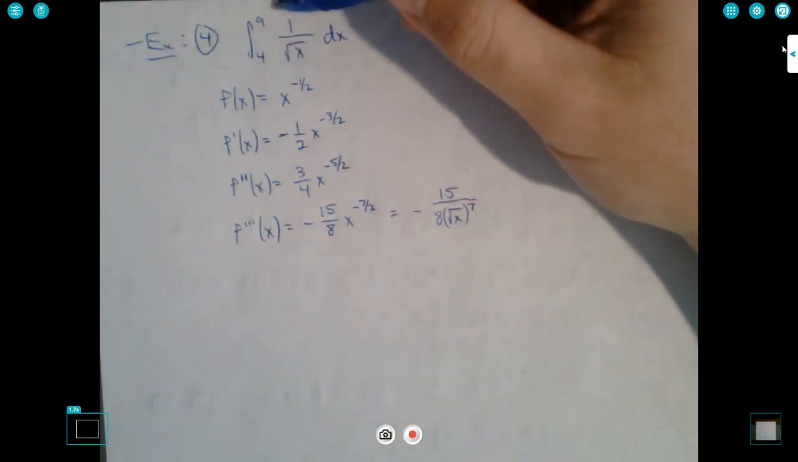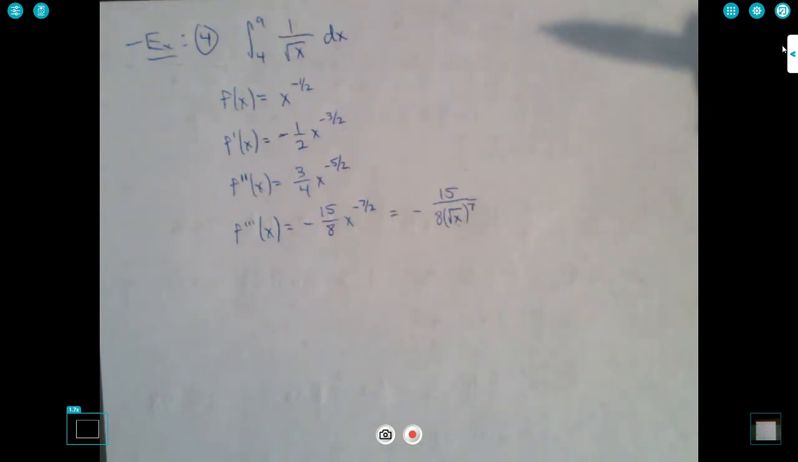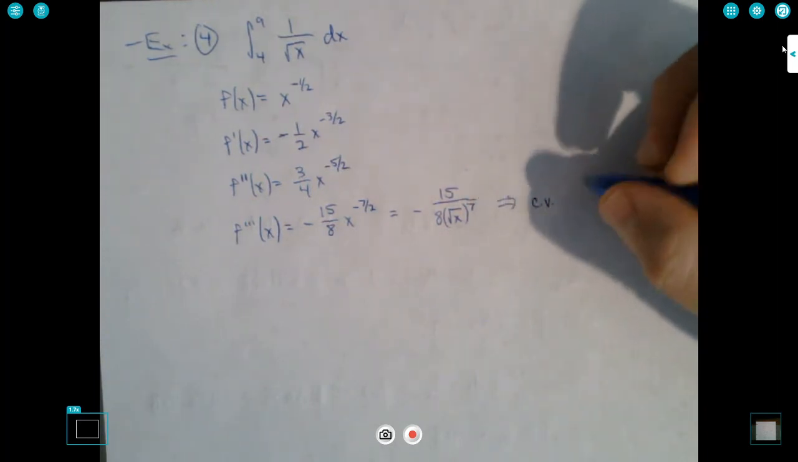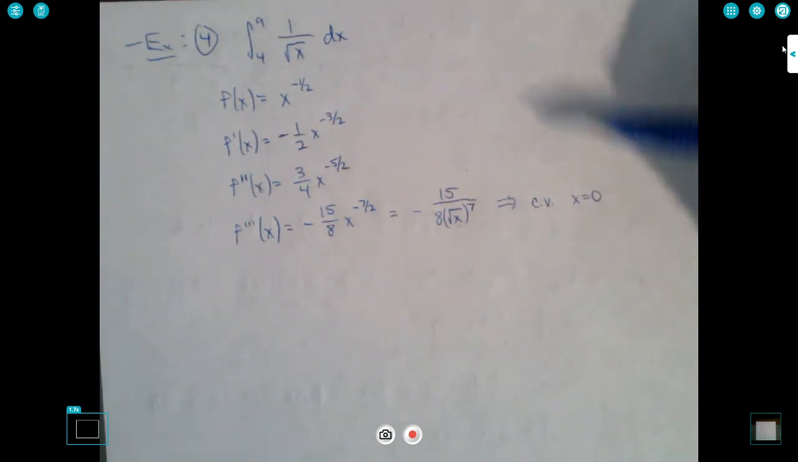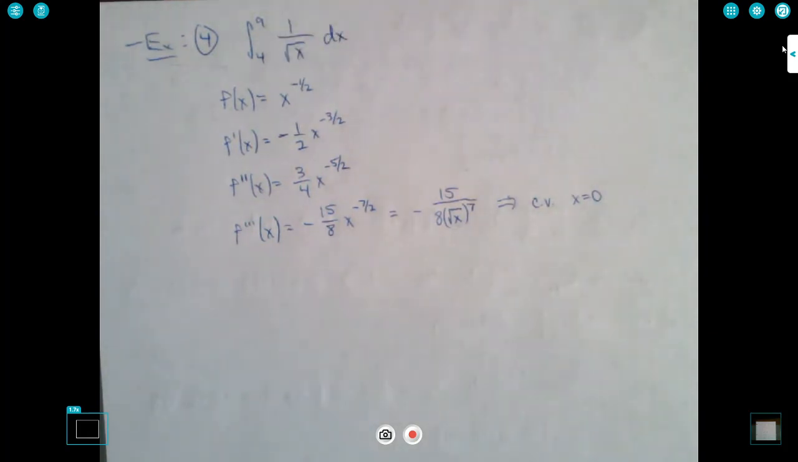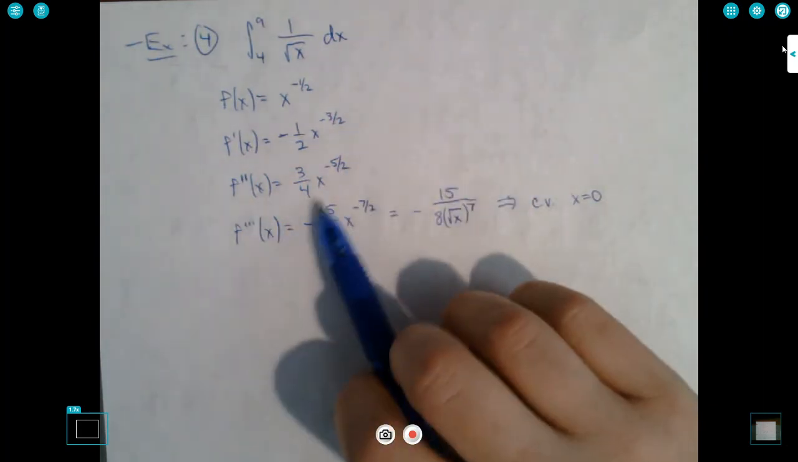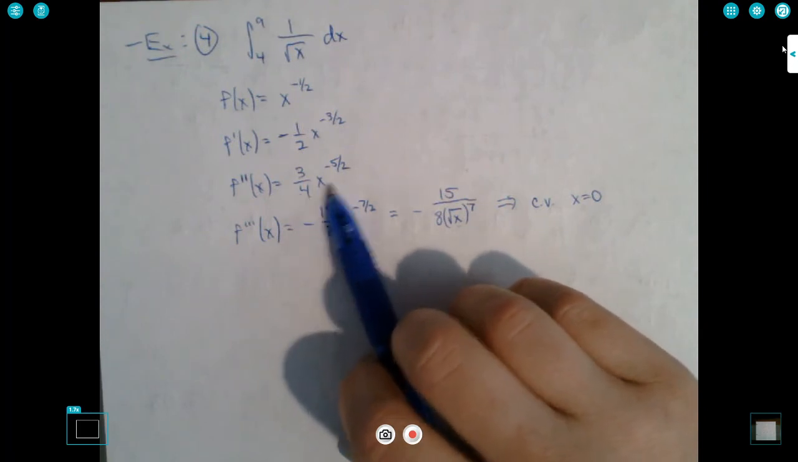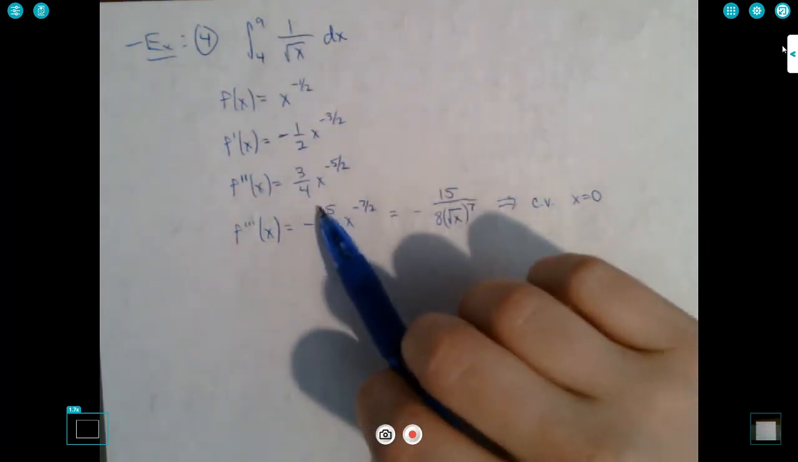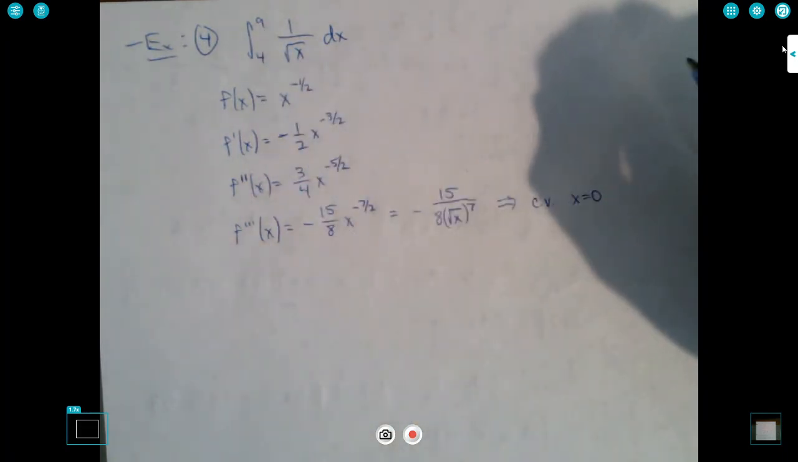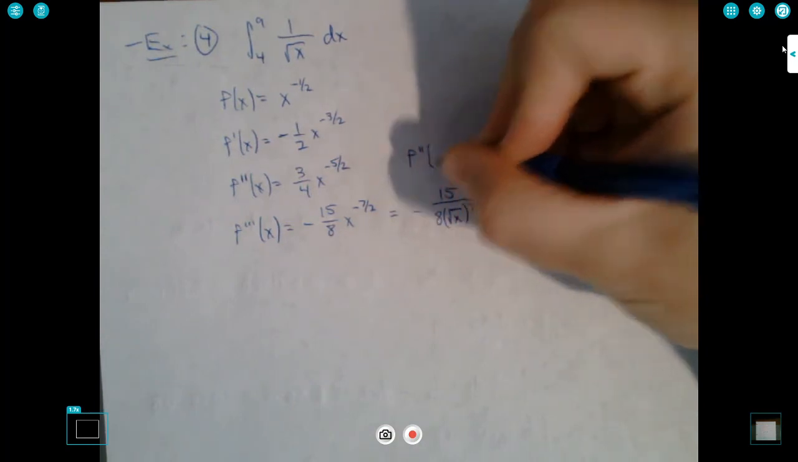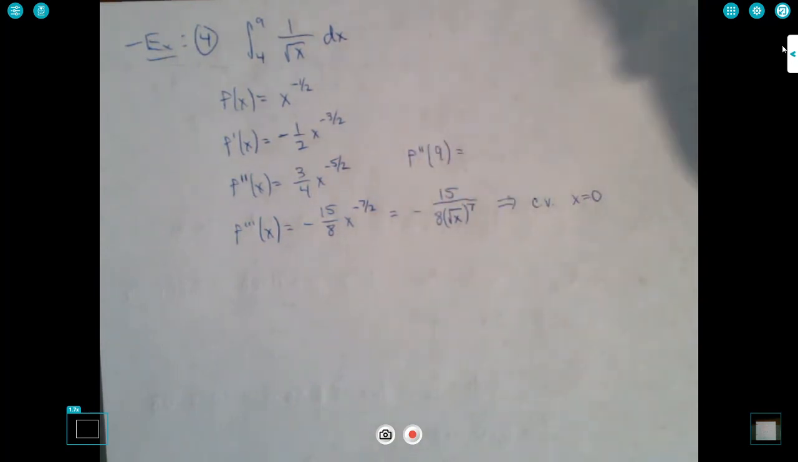But on the interval from 4 to 9, we don't have to worry about either of those things, right? So we would say a critical value is x equals 0. But x equals 0 is not even in this interval, so we don't have to worry about it. So then to find what the maximum value is for this function on this interval, we just plug in the endpoints, right? 9 and 4. So I'm going to say f double prime of 9 is,